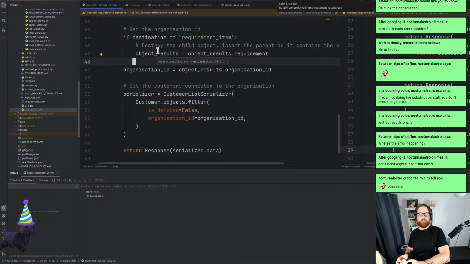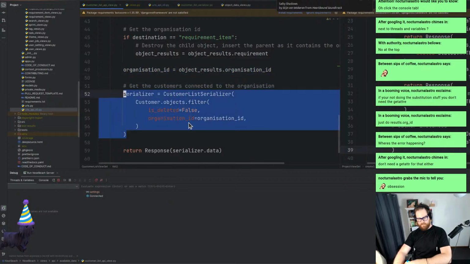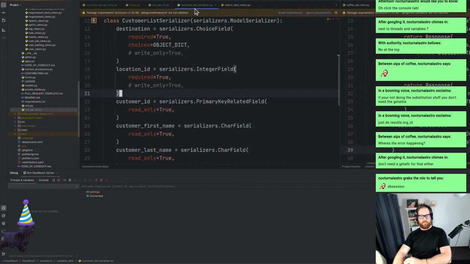We don't have to get attribute, and we're all like, sweet. Obsessions, yes, yeah, it definitely is. I just had it in my head before, being like, oh yeah, I can use get attribute to do that. I looked it up. I screwed up how it's called. So yeah, serializer equals customer list serializer. That's all working perfectly fine, except we are missing, and the reason why we're missing it is because of the required